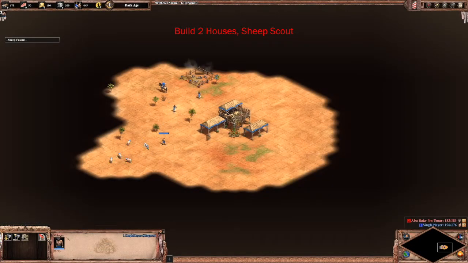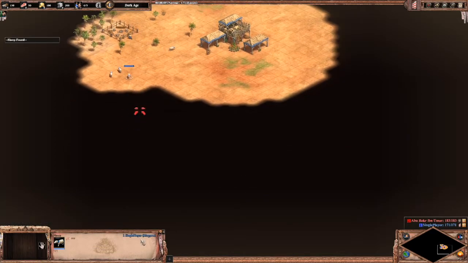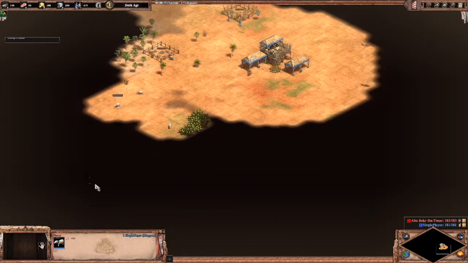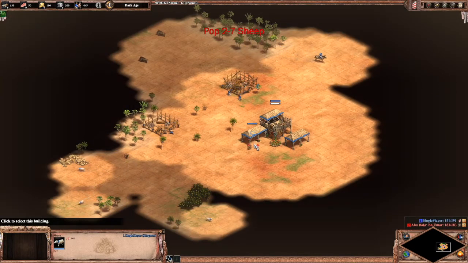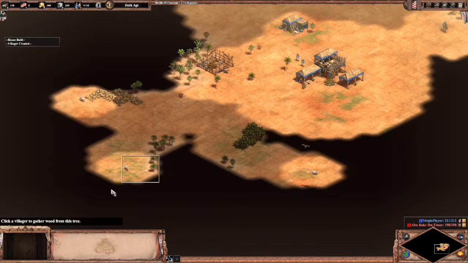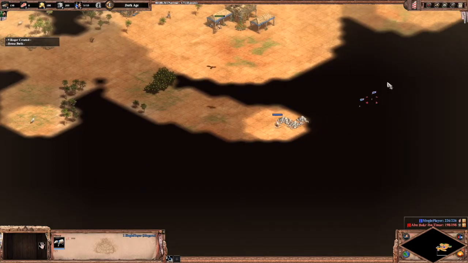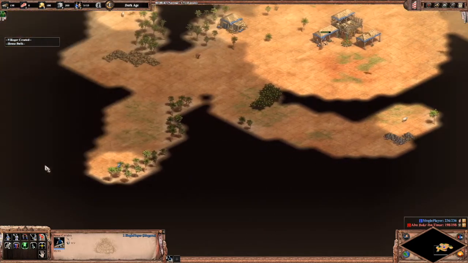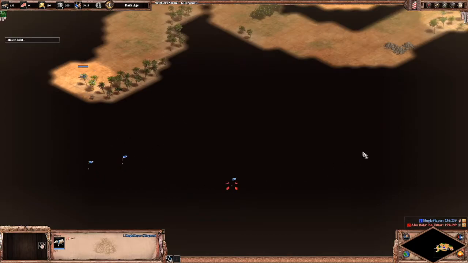So first off, we're going to build two houses, and we're going to use our sheep to go and scout the perimeter of our base. So let's queue these up and send them around. We're also going to send our scout around the perimeter that isn't overlapping with the sheep, and also to kind of find our wood lines. We're also going to send the first 7 population over to our sheep, so it's kind of a standard opening there. And we are just going to keep looking,